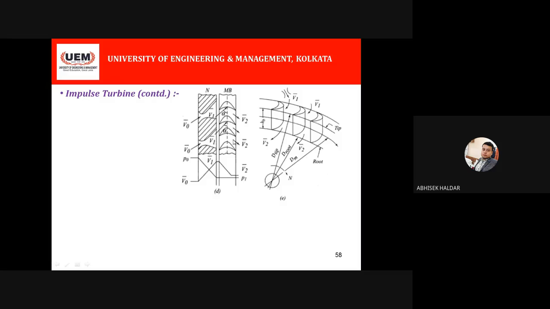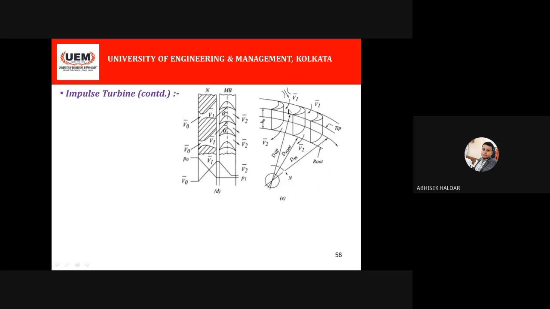If you consider it in 3 dimensions, the blades are mounted on a rotor, like a wheel. On the periphery of the wheel, these types of blades are mounted. Can you visualize the thing? There is a rotor wheel, on its periphery these plates are mounted, and before that there is a nozzle. Just consider this as the nozzle.